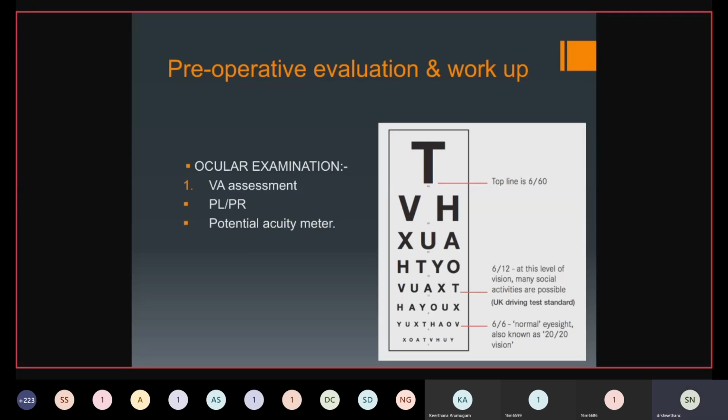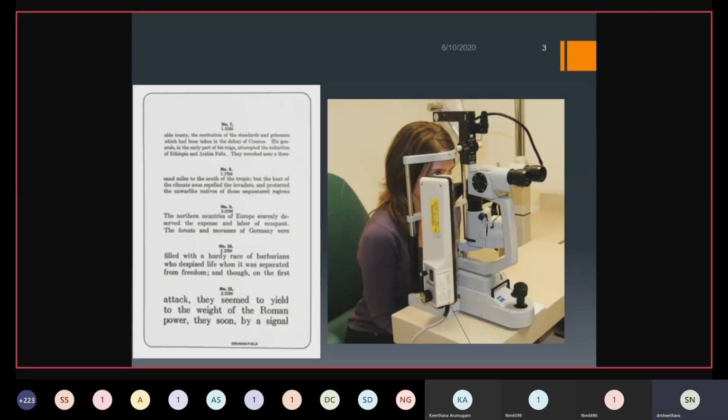So in the picture on the right-hand side, first of all, that is the slit lamp. That is how a slit lamp looks, and the instrument attached to the slit lamp is a